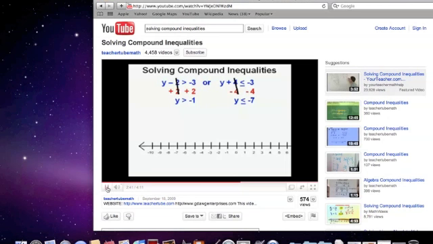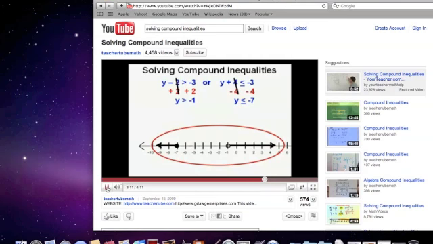The open boundary point goes here at -1, and since the symbol is greater than, we draw the arrow to the right, meaning that it goes on infinitely to the right. For the other problem of the "or," we first draw the solid point at -7, and since the symbol is to the left, we draw the arrow to the left. And so this is what the "or" looks like, with arrows going in opposite directions, so that's a key characteristic. This compound inequality can also be graphed on a coordinate